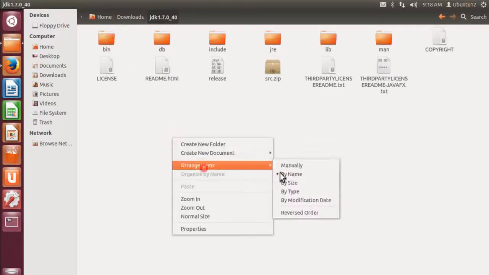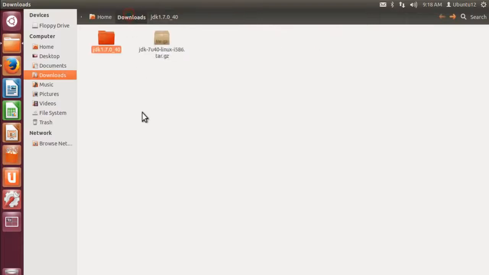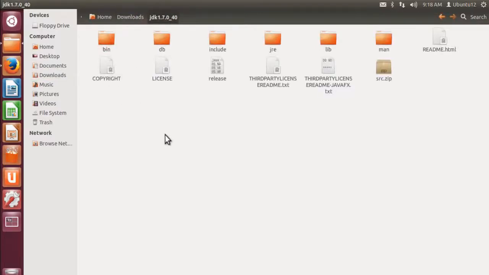So this is the JDK. You have got all these JDK libraries here, and now let us go to the